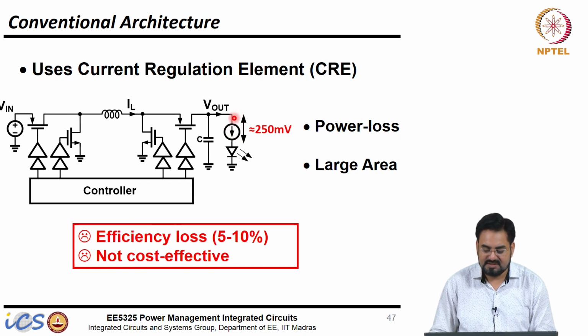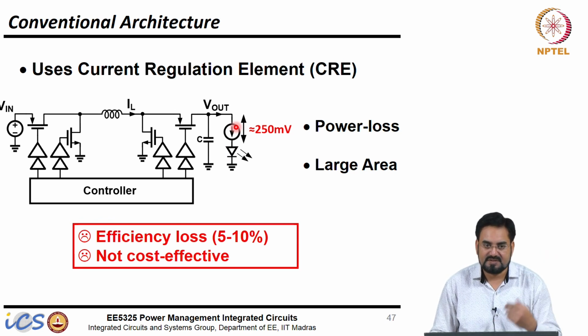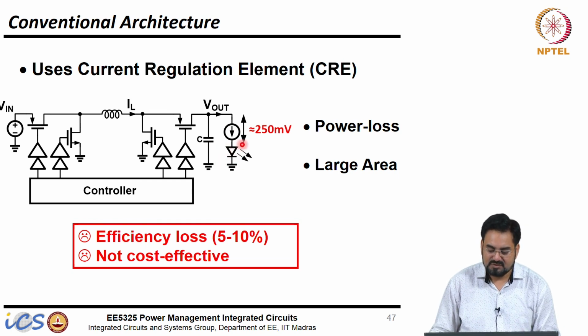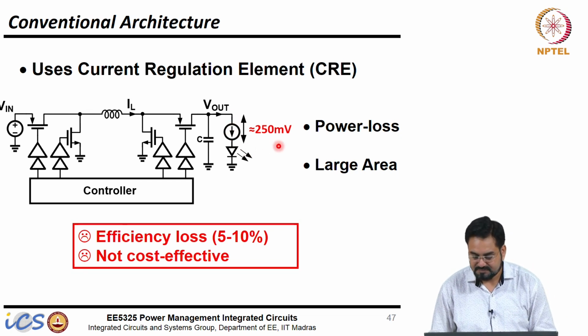But here, with a single LED, the voltage required won't be like 28 or 30 volt which we had in backlight. We know the forward voltage is, let's say, 3.5 to 3.6 max. So if I drop 50 millivolt here, the output voltage will still not be more than 4 volt or so. So you can easily use 5 volt devices here and live with it. There is no issue in using a high side current source here.